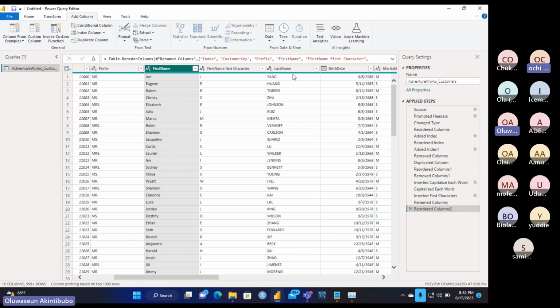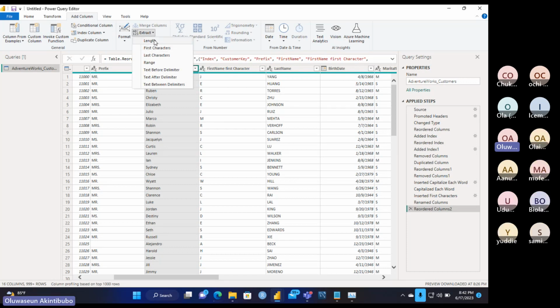So you mean the extracts? I've done it, sir. All right. So you see the way how you can extract the length. If you want to extract the last range of characters, text before, text after a delimiter, we'll look at all of this. I'll make sure that all of these come in your classwork and assignment, right?